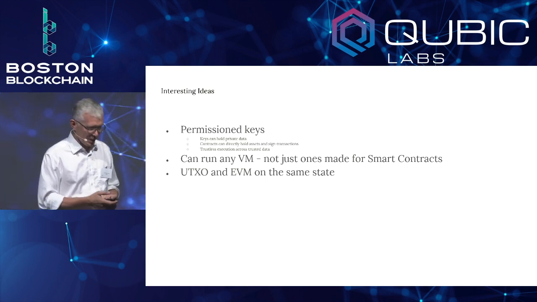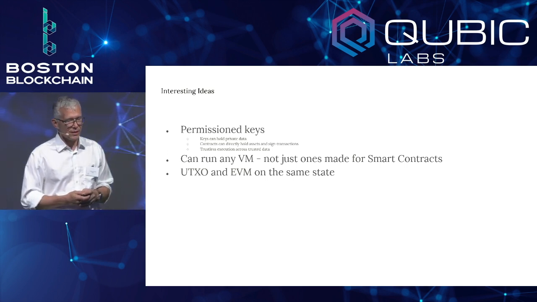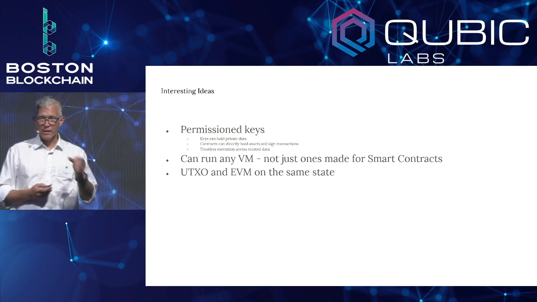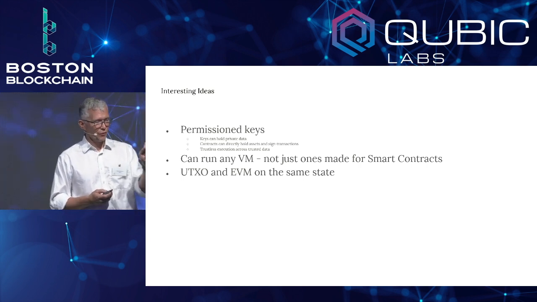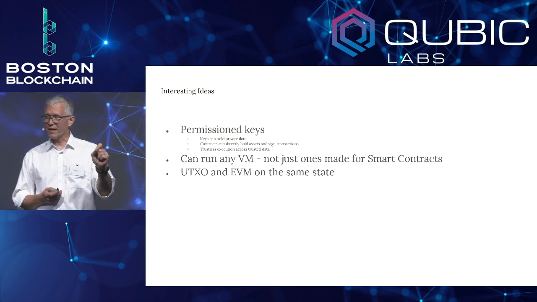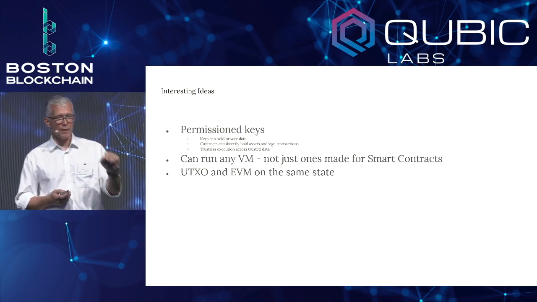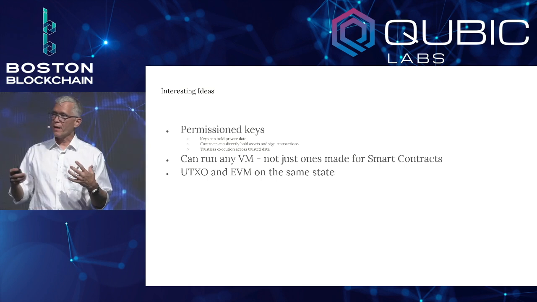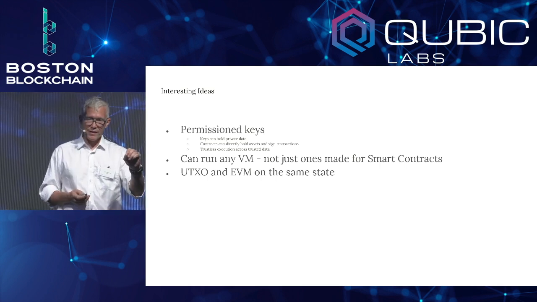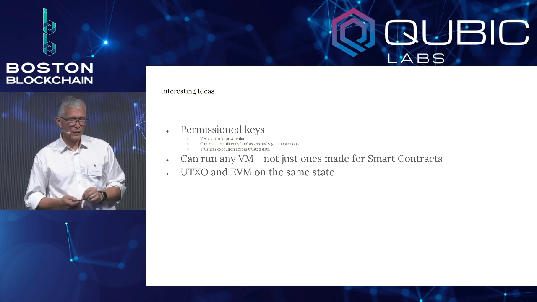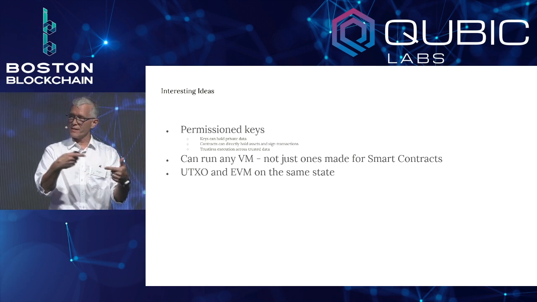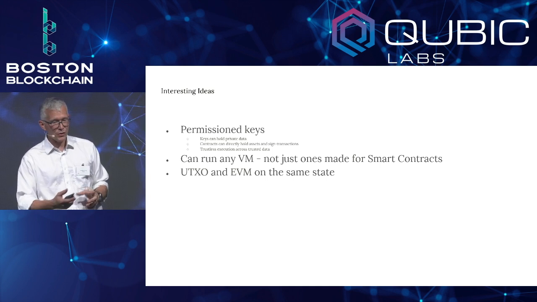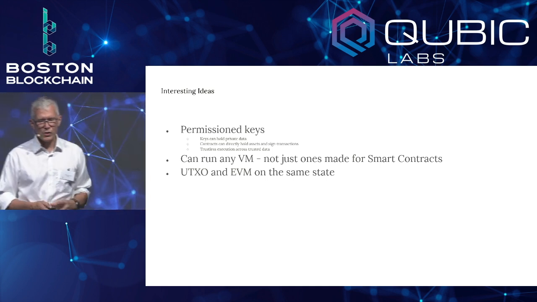The last one I'll mention is a UTXO system, and essentially a balance-based system can use the same state. If you think about it, a UTXO is a create, read, delete. You can make the bill, you can read the bill, and you can delete it, and then it gets recreated somewhere else. That's it. There is no update. With a balance, that's a create, read, write, delete. So you could have two systems that use the money in different ways. One thinks of it as a UTXO, and the other thinks of it as a balance. This is actually possible with systems like this. Those are some interesting ideas.